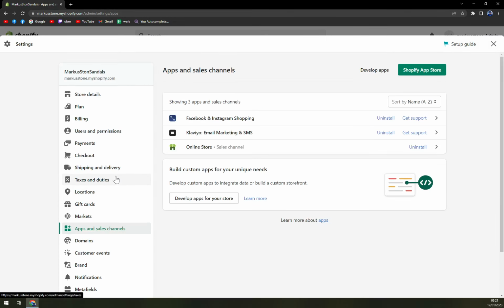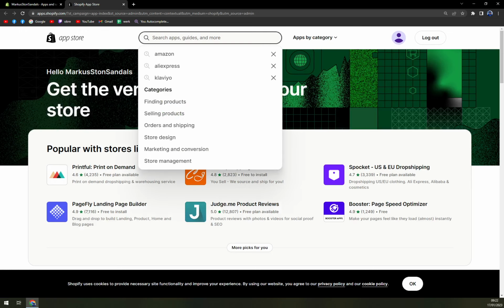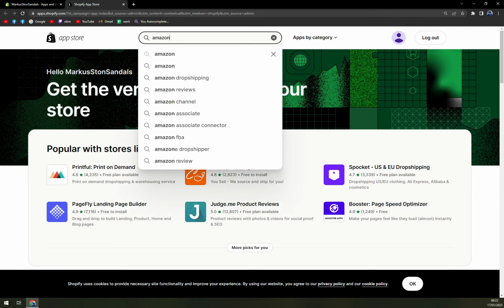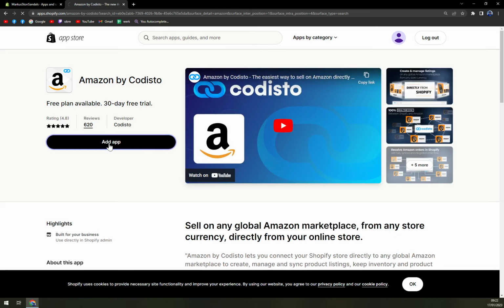We're gonna click there, and in the top right corner we have this pretty nice little green button, Shopify App Store, and we're gonna click there. In the search engine on top of your screen, you're gonna write down Amazon. We hit enter, and we want to go with Amazon by Codisto. We add the app,